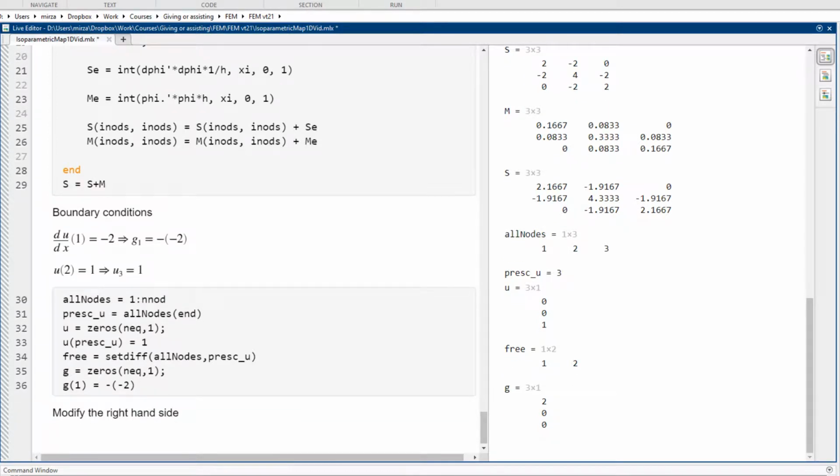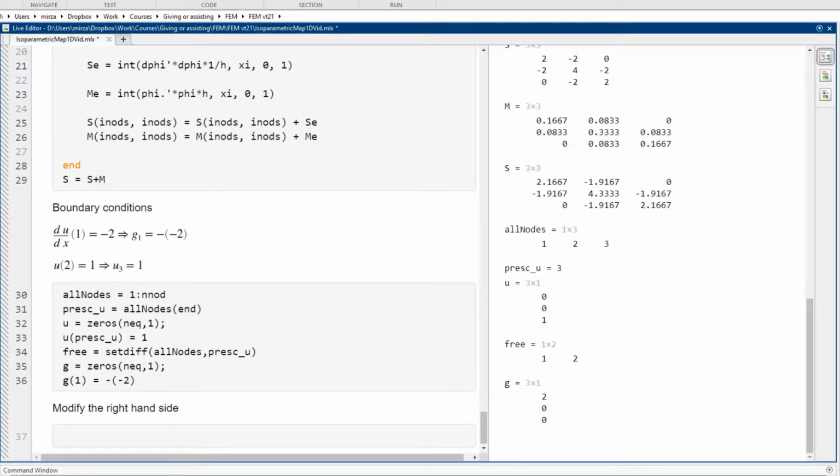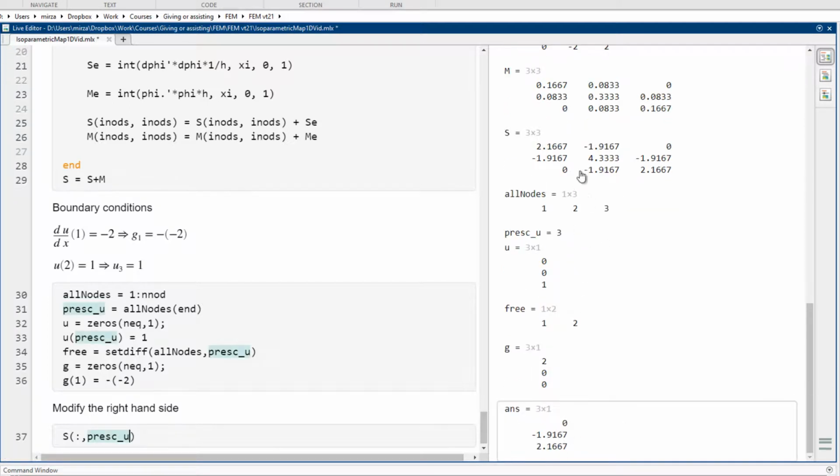So how do we do this? Well, we're going to take S, and we're going to take all the rows and the prescribed column, presc_U. So this one here. So if you look at which one this is, it's this one here, see the 0 on top. So we're taking that one. So we're taking all rows and this column, which is the third one, and we're multiplying that with the corresponding